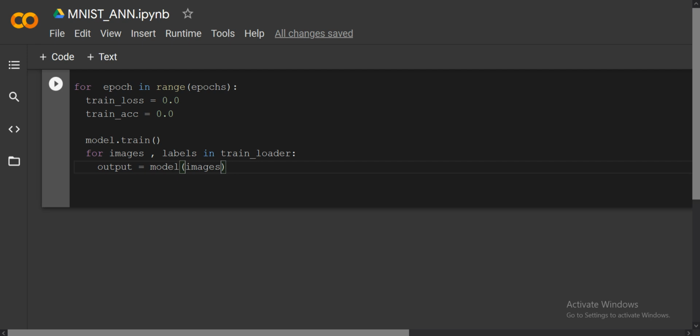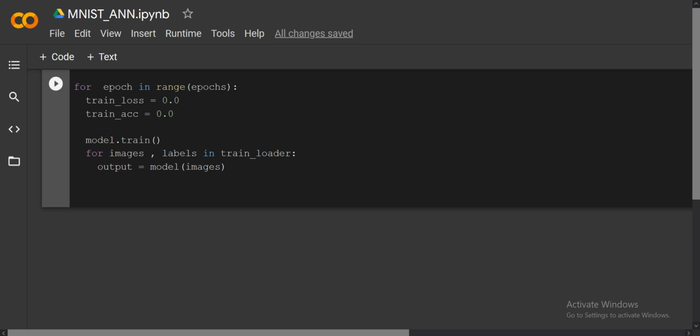So you have taken 64 images, and for each image there will be 10 neurons in the output layer. Suppose you are passing an image of the digit 5, because here you are using MNIST classification, meaning 0 to 9. When you pass that image to the model, at the output you have taken 10 neurons, so 10 different values will appear. The neuron which has the highest value, we consider that as our output.